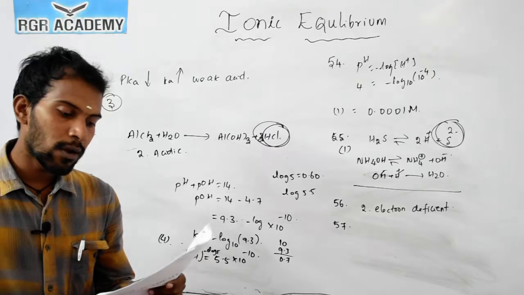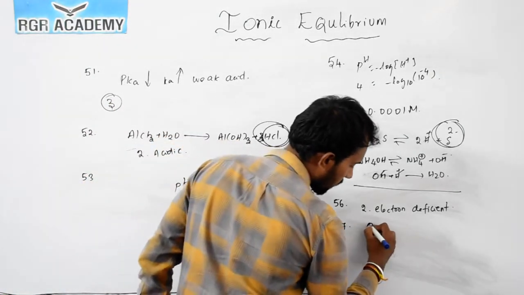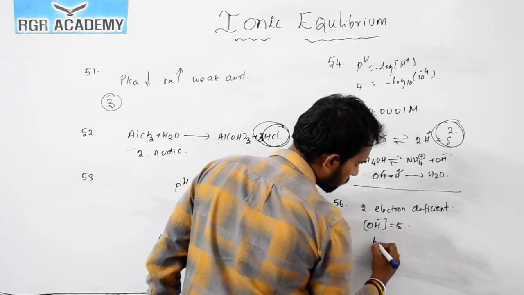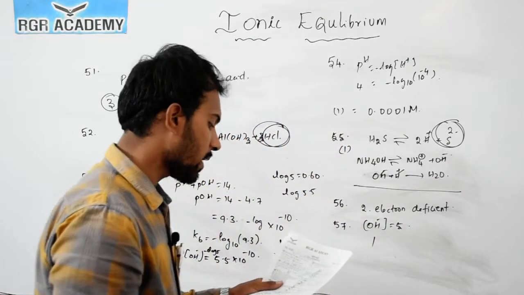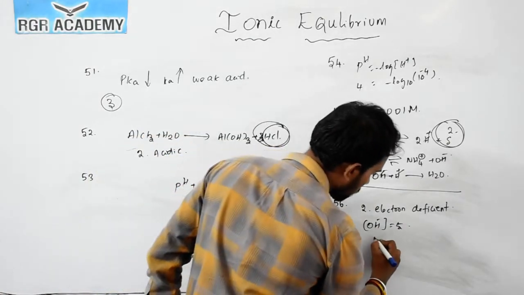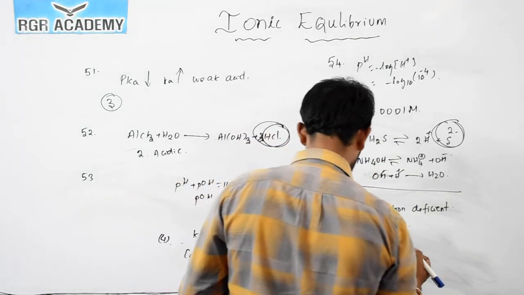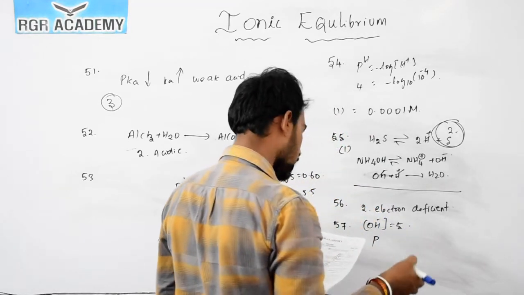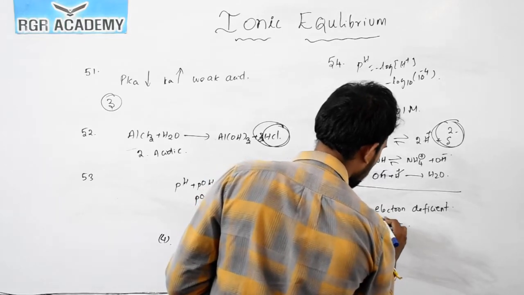The pOH of hydroxyl ion is 5. So pOH of hydroxyl ions means OH minus ions is 5. So the value of pH they are asking, right? What is meant by p? They are asking for the hydroxyl ion concentration. pH is equal to 5. I'm sorry, H plus, pH equal to 5.